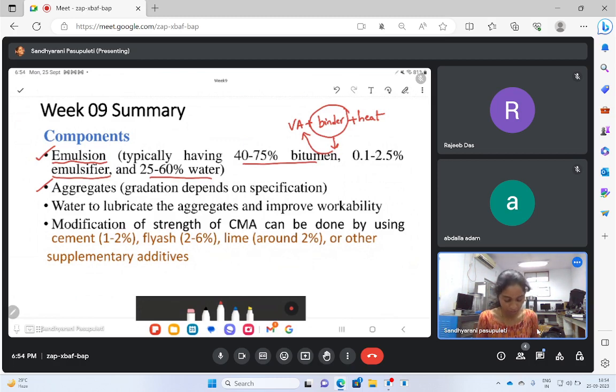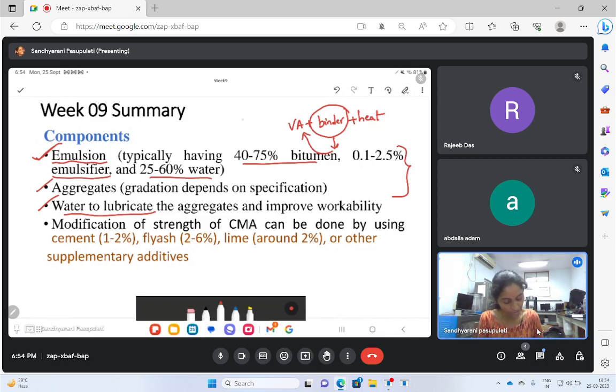In addition to that, we add extra water to lubricate the aggregates and to improve the workability. So initially, to the amount of aggregates, we add more water to improve the lubrication. In addition to that, we already have emulsion, which by default has the water. So using these three, emulsion, aggregates and additional water,